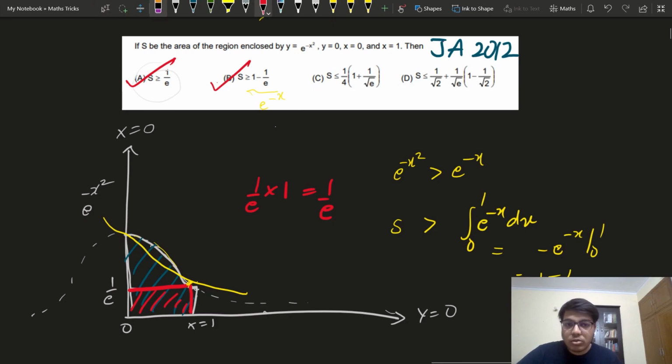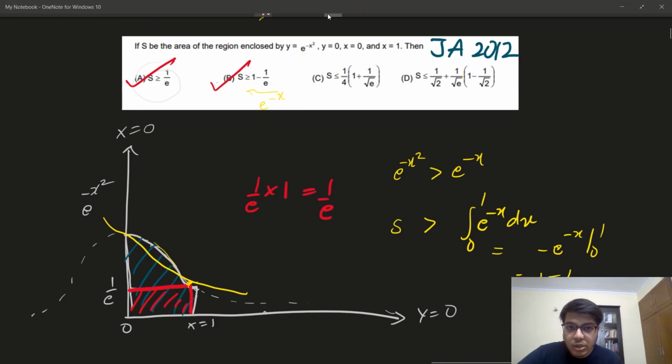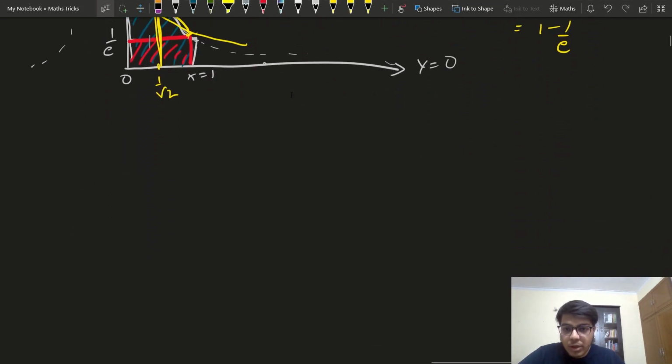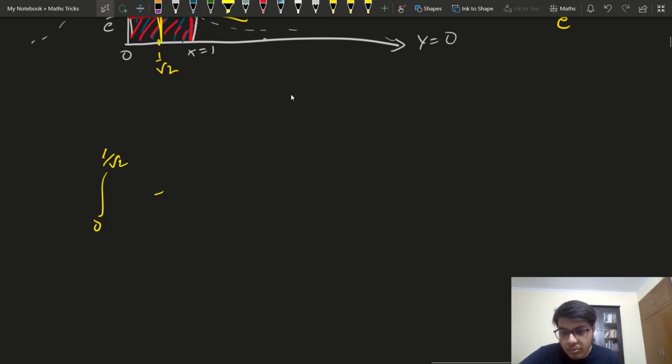लेट्स सी। तो C और D देखिए यहाँ पे क्या है, रूट e दिख रहा है। ठीक है, रूट e, रूट 2। तो कुछ ऐसी फीलिंग आ रही है जैसे रूट e बनाना तो e raised to minus x square। तो रूट e क्या था, e raised to 1/2। ये होता है रूट e, मतलब e raised to minus 1/√2 का स्क्वायर। यहाँ पे कुछ 1/√2 होगा। ठीक है, तो उसी में डिवाइड कर लेते हैं, मतलब दो पार्ट्स में डिवाइड कर लेते हैं। 0 to 1/√2 प्लस 1/√2 to 1।